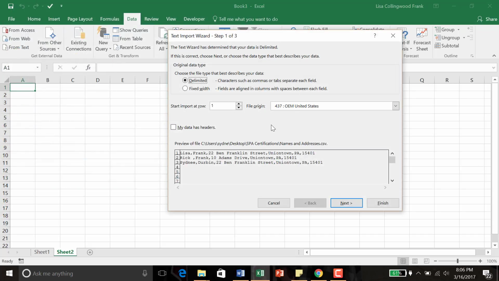Now here it's going to ask you a series of questions. You will see here it has what is contained within that file I am trying to import. I could click here if I had headers such as first name, last name, address, city, state, and zip code, those would be headers. I did not do that, so I would just leave that blank. I'm going to leave it as delimited